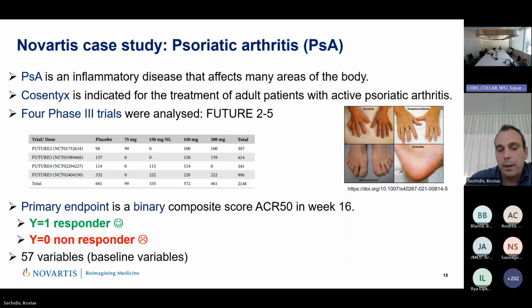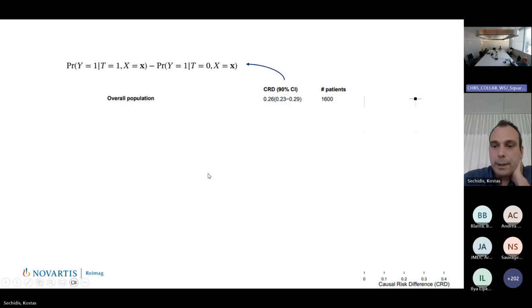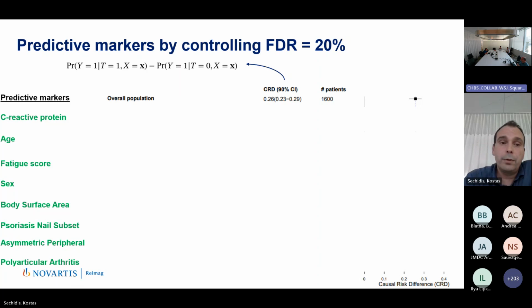And we have 57 variables at baseline. Now we want to see out of these 57, which ones are predictive, or are effect modifiers, essentially. Here, the estimate that we used was the causal risk difference, which is the probability of responding when you are on the drug minus the probability of responding when you are on placebo. And in the overall population of 1,600 patients, it was 0.26. We knew that the effect is very strong anyway. It's far away from 0, so it's a very effective drug. And then we applied the knockoff framework using a level of 20%,